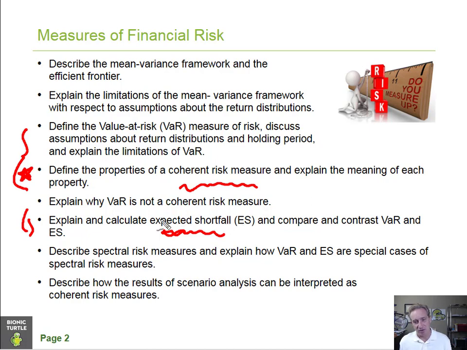oftentimes it's not a matter of substitution, but complement. So there are many use cases in which the answer would not be to discard value at risk and replace it with expected shortfall, but rather to complement VAR with expected shortfall. Just like with VAR, a very common use case would be to look at not just one measure of VAR for a company or a portfolio, but several measures, maybe an 80% confidence VAR to complement the 95% VAR, but we could throw in an expected shortfall to complement as well.